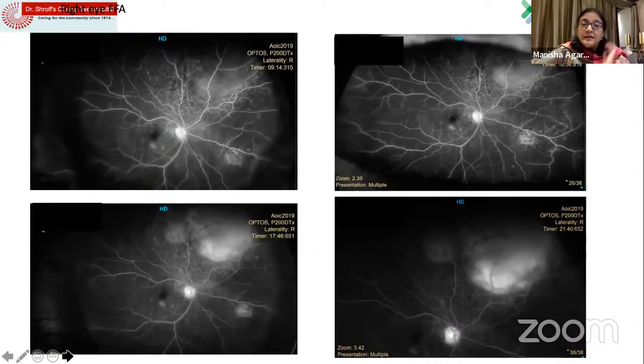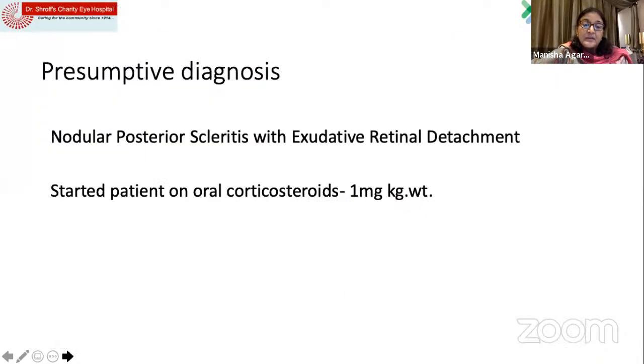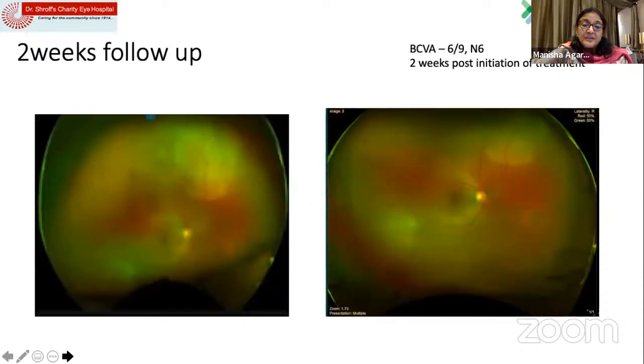And when we did the fundus fluorescein angiography, we found a diffuse leakage in this area. The disc was, of course, a hot disc, which was suggestive of an inflammatory pathology. On doing the B scan, we apparently were not very sure. There was a very subtle T sign that we could make out. So the presumptive diagnosis was a nodular posterior scleritis with exudative retinal detachment. The patient was started on oral corticosteroids, 1 mg per kg body weight. And at 2 weeks follow-up, the patient did maintain a vision of 6/9 N6 with complete resolution of this lesion